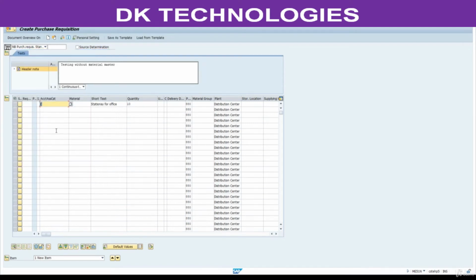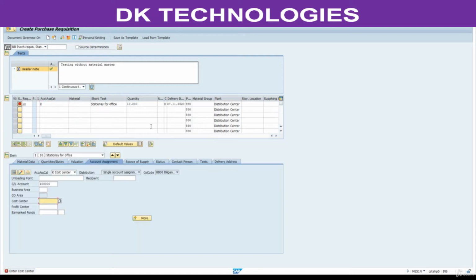Select cost center and press enter. Here cost center, enter this one. To change this, GL account cannot be used. Click on this one.